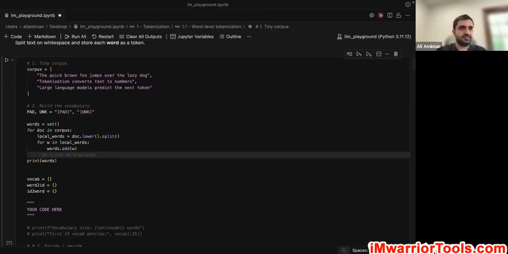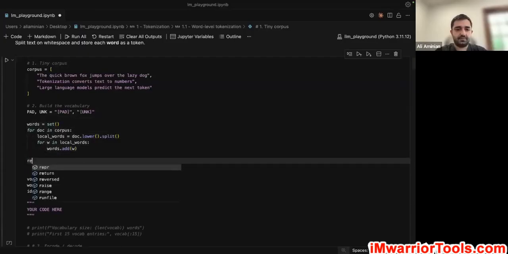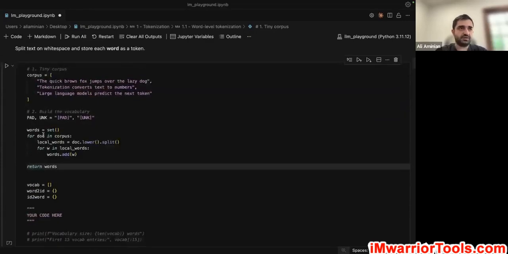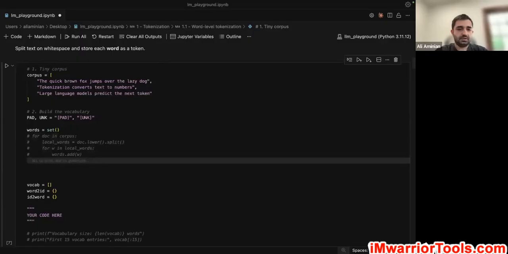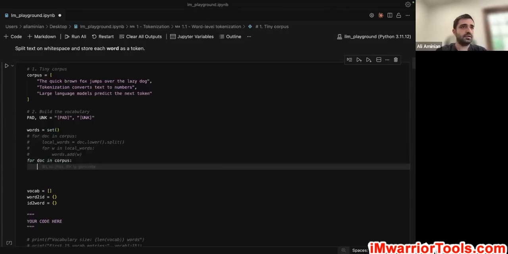so let's do this. So this entire thing, and then we also needed to, if it's a function, we also need to return it here, but in this case, we don't. So now, instead of this entire thing, what we can do is simply write for doc in corpus, we do